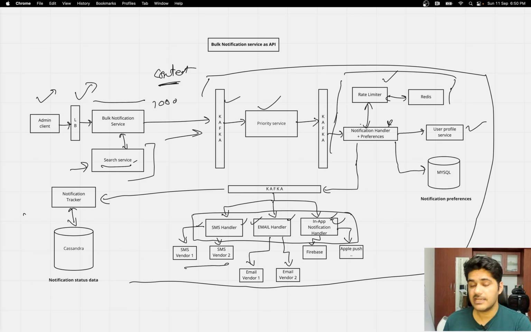So here I elaborated it into separate services, because ultimately we are thinking that at every point I will have a very huge scale, right? That is why having separate services is always a good idea, because you will be able to scale all of them individually, depending on your traffic. For example, maybe you had SMS where you were sending 5 million SMSs in a minute, but going forward people are maybe not relying on SMSs, and you created a WhatsApp handler separately, and suddenly traffic is dropping here but increasing here, right?